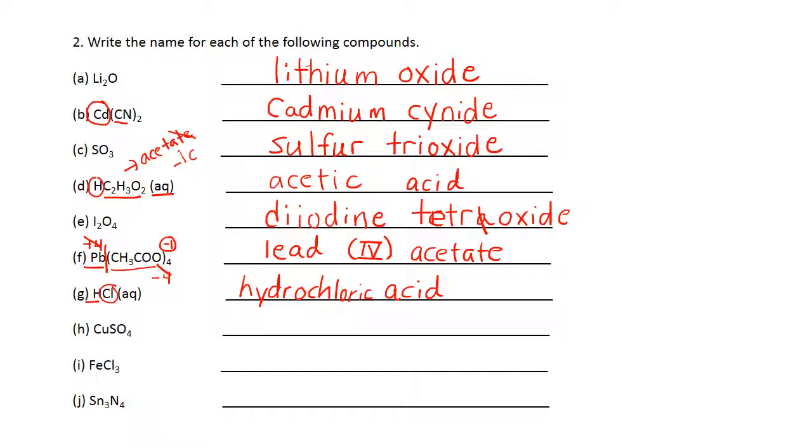All right, the next one is going to be copper sulfate. But I'm going to go ahead, again, because it's a transition metal, I'm just going to go ahead and put a Roman numeral. I'm going to figure that out in a minute. So to do that, I need to know what the charge of sulfate is. So look it up. -2. You have only one of that, one of copper. So copper has to be +2.